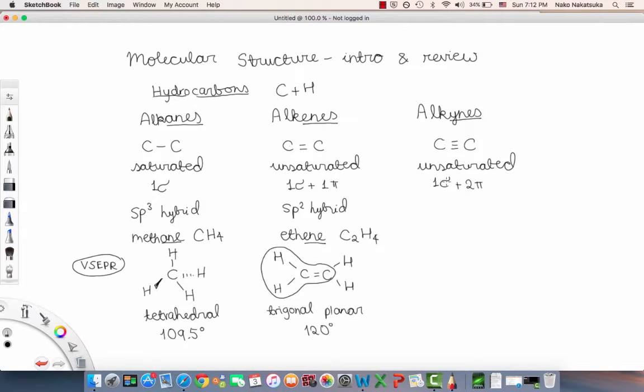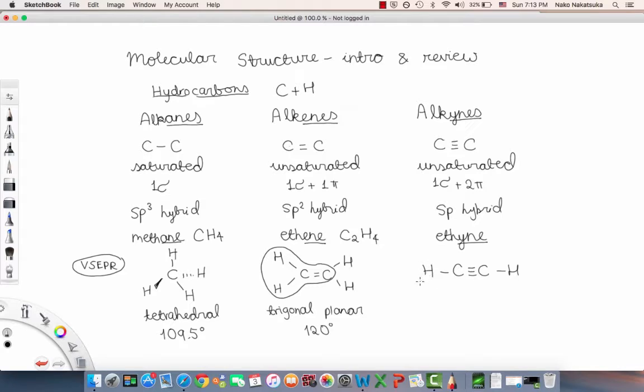Finally, let's move on to the alkynes. The alkynes are sp hybridized due to this triple bond. A good example of this is ethyne, where now it has the suffix of -yne, which tells us that it has a triple bond, and this can be drawn as C triple bonded to C, and then a hydrogen and